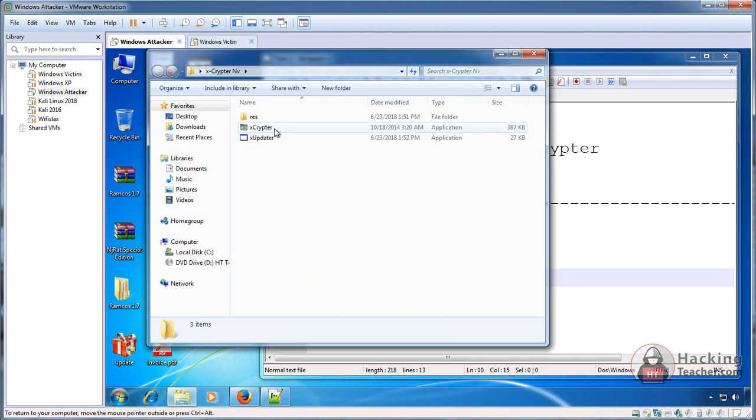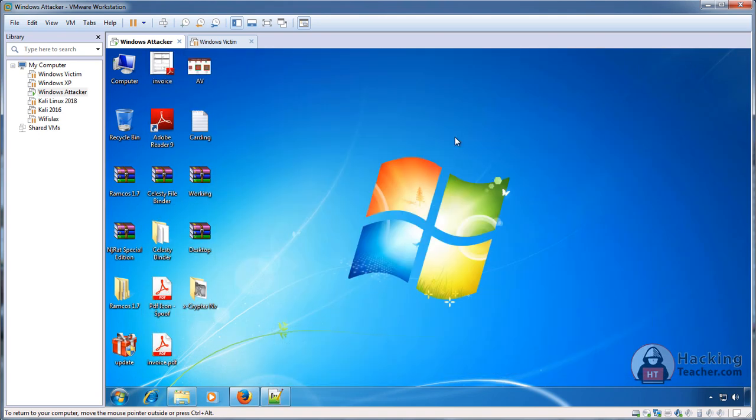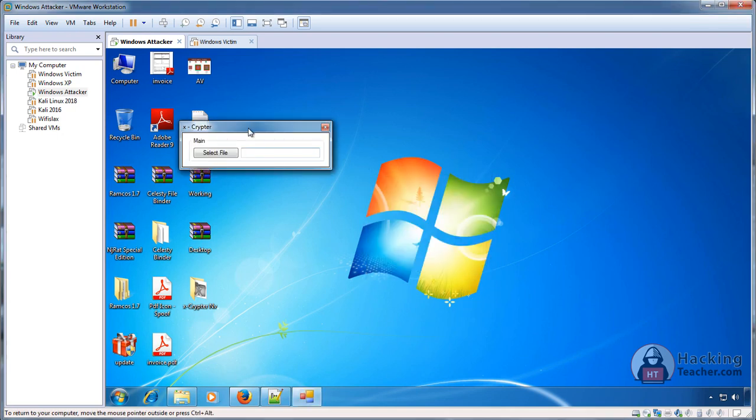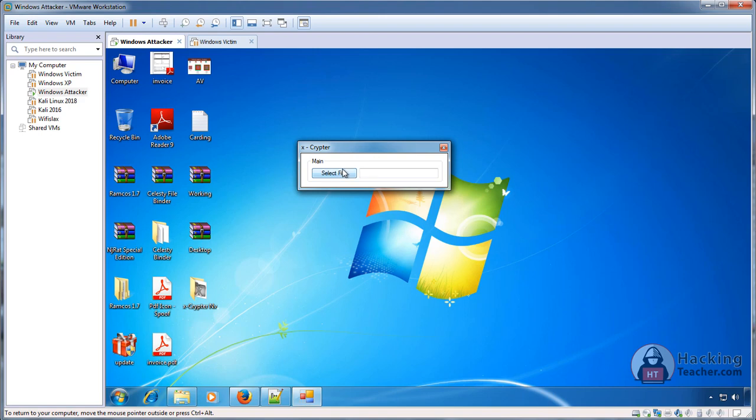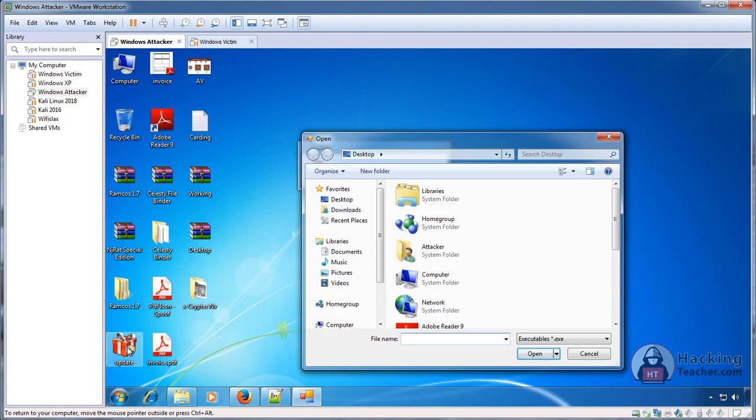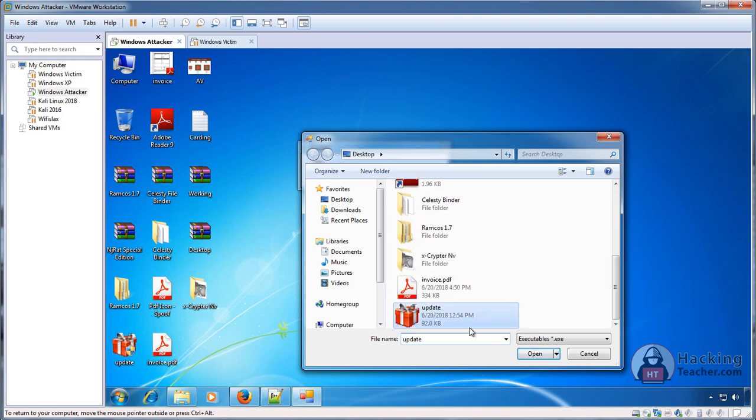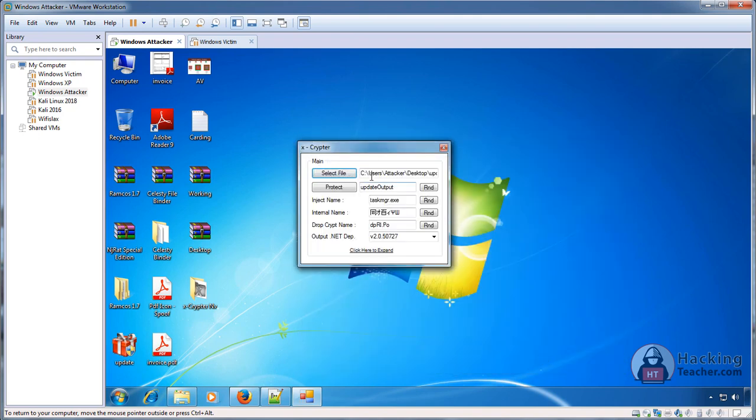I have a cryptor, an X cryptor basically, and it's not a very good one. It's a very cheap cryptor, which I got just for demonstration purposes. I run it so I can show you how a cryptor works. It takes a few seconds to come up. So it comes up. I want to select a file like this one, update.exe, which we created from Ramcos, and